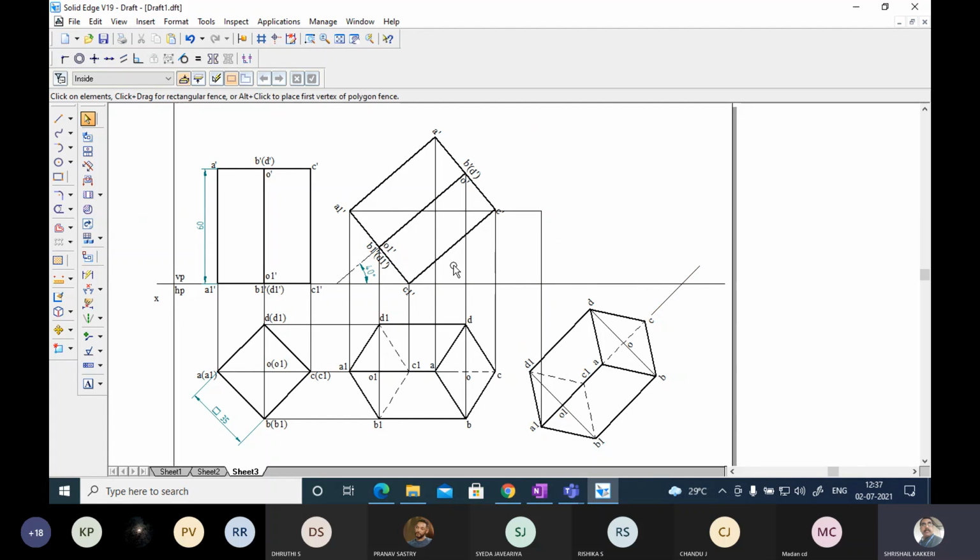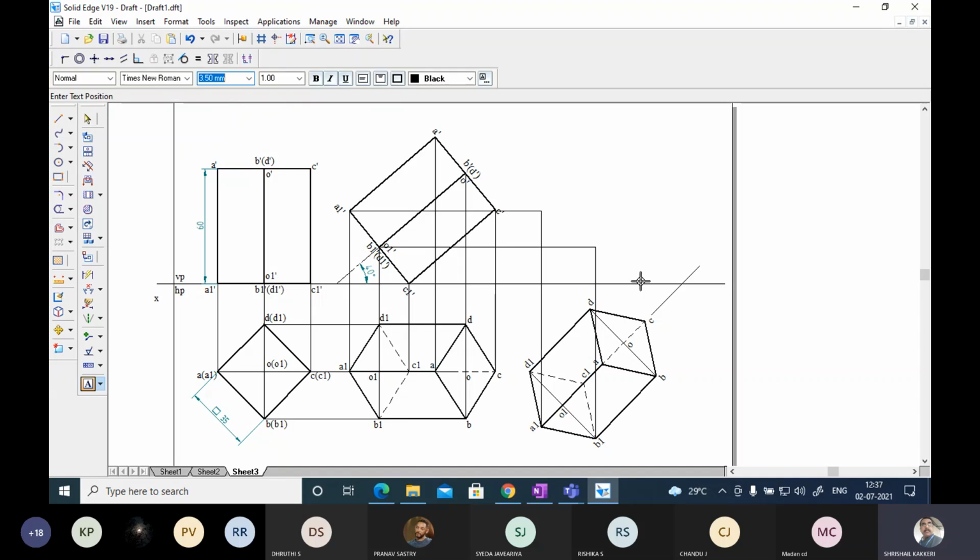So this will be point A, and the point B. From B I am going to draw the line, and we will be meeting at this point, and this will be point B.